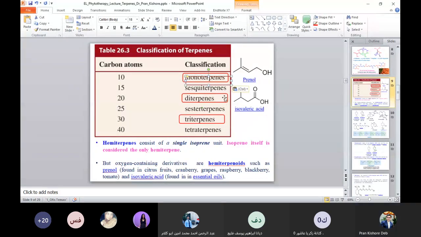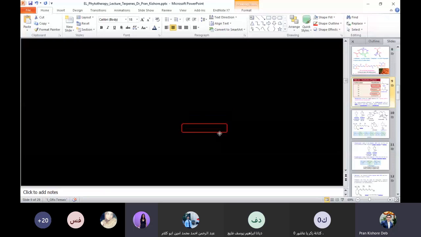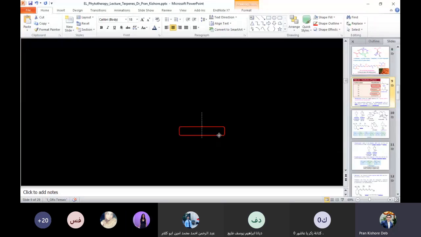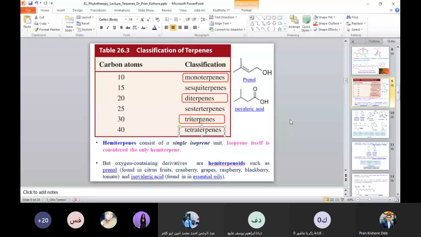Tetra means 8 isoprene. So remember, mono means 2. Di means 4, you have to double, okay? Tri means 6. Tetra means 8. So see, now when it is 15 carbon, we call it as